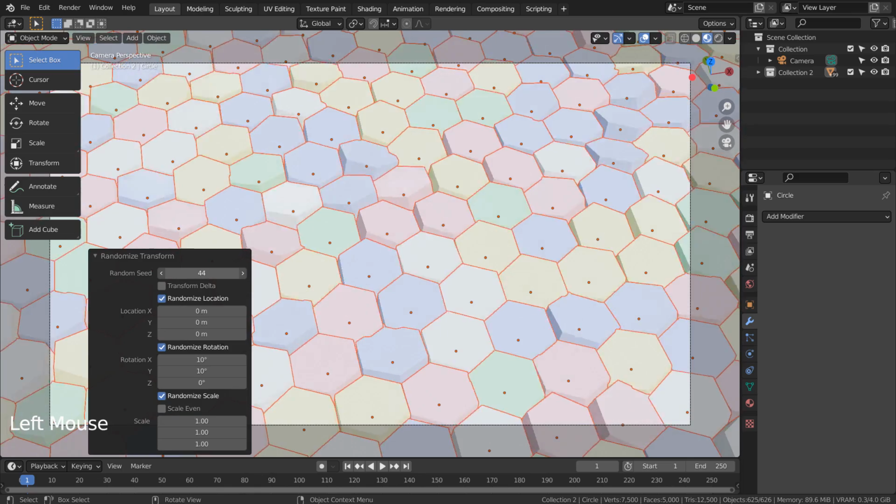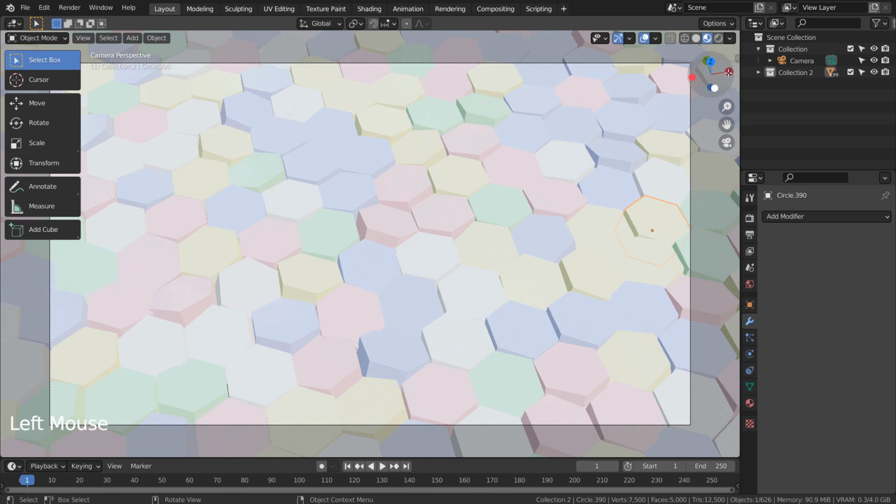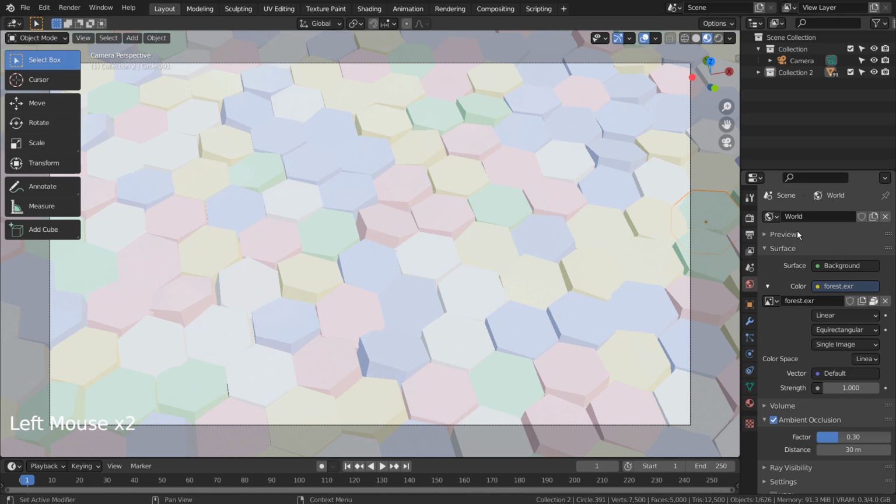We can animate the scene like this as well. I'll use the sky texture.